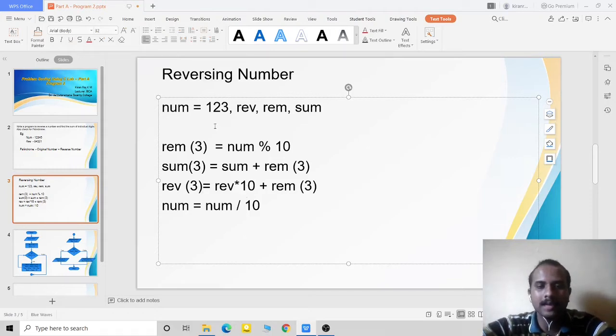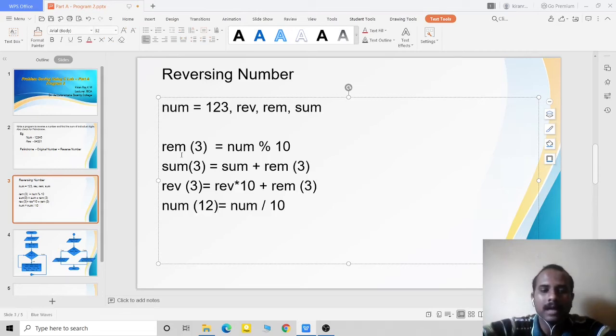But let me consider these variables are of integer type. An integer type variable will truncate the floating point value. So your answer will be 12.